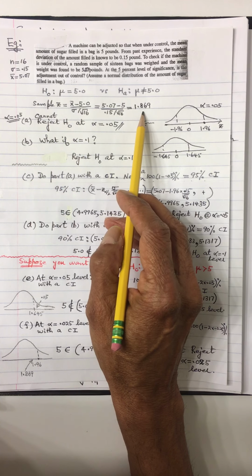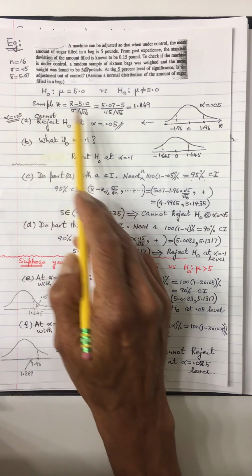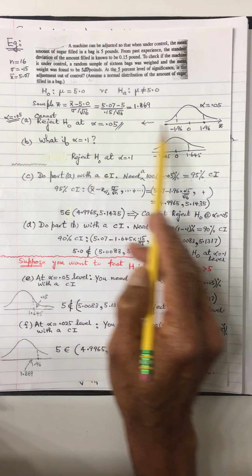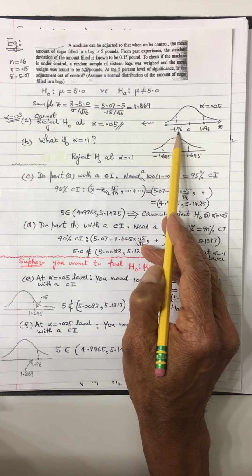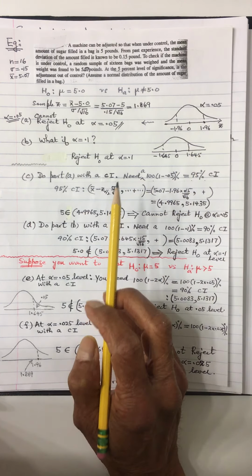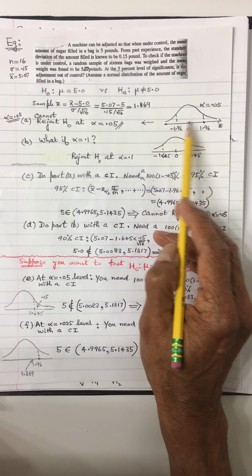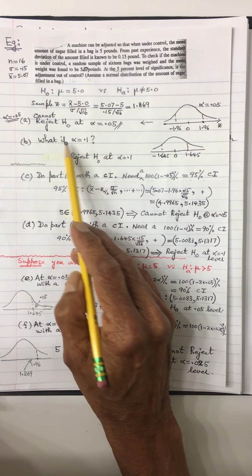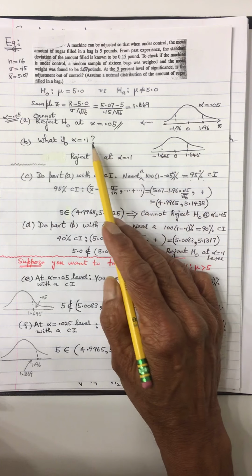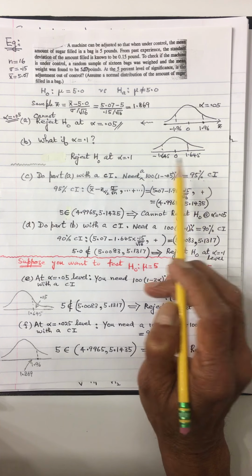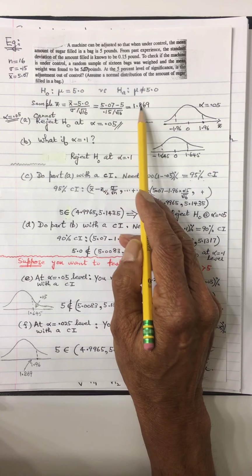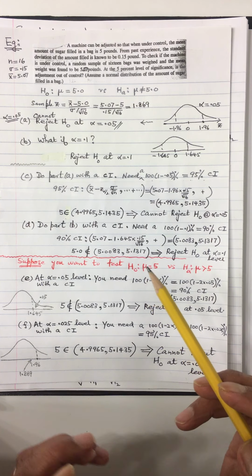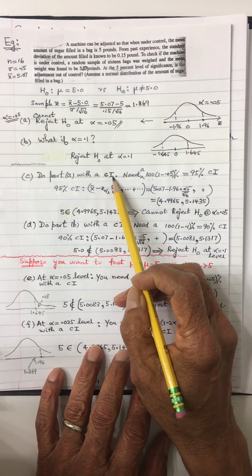So the sample z was this, because the sigma is known, and we reject at this alpha level, since this is a two-tailed test, at minus 1.96 or plus 1.96. So this value is within here, so you cannot reject H naught. If you are using the other alpha level, then once you split it in half, this is minus and plus 1.645. So now this value is going to be outside, so you reject H naught, all right? So what I'm going to do is this same test by constructing a confidence interval.